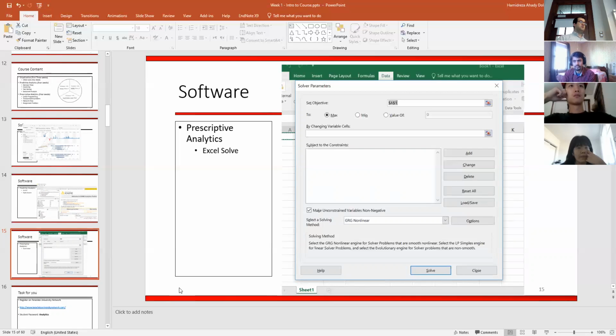They are very good at optimization. So as I told you, people who are in business analytics do everything in script. They write scripts in Python and R, but they don't do such a thing for prescriptive analytics. Industrial engineers do that, so they are very good in prescriptive analytics.